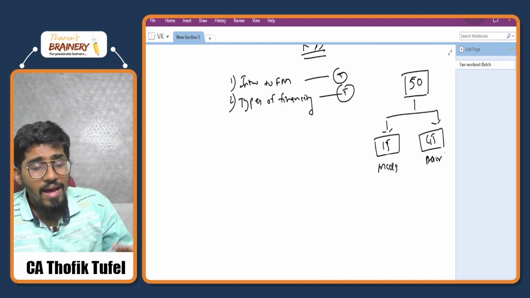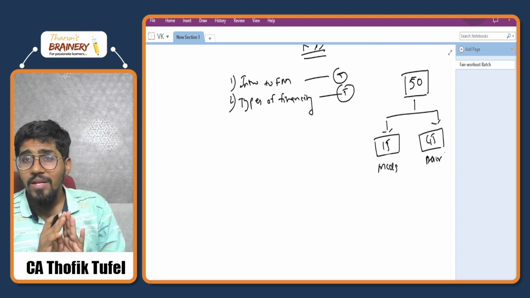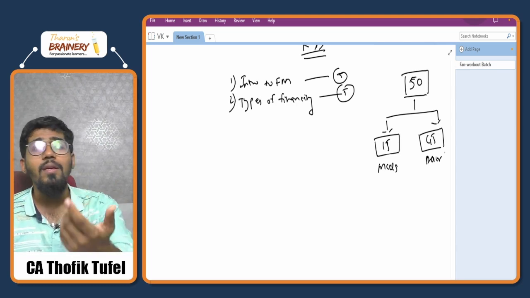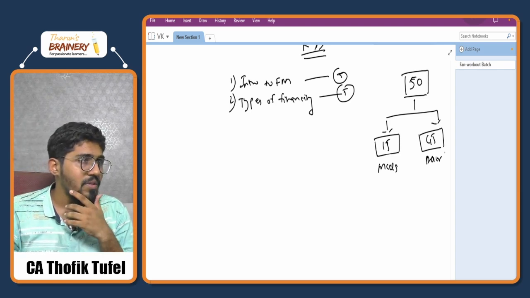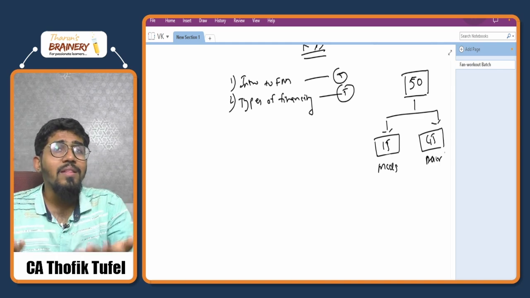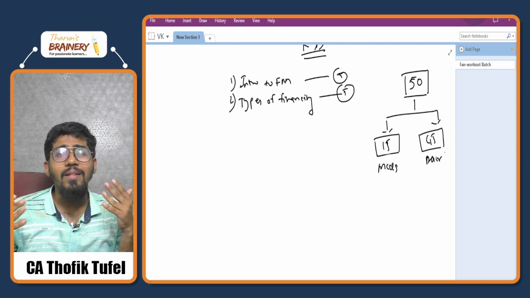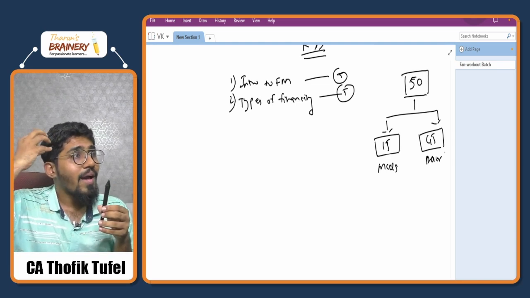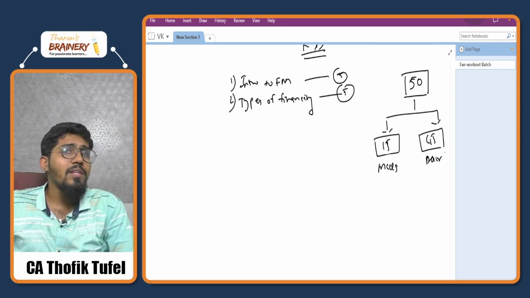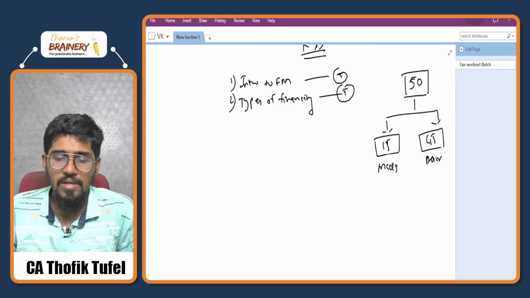Many people say we will not study theory. But this is not a good approach. Theory is very scoring if you study it tactfully. So we are going to cover the theory part too, but I am going to cover it at the end, because when the examination is nearing, the retention power will be high if you listen to the theory part then. So I will shift the theory to the last, and in the beginning I am going to cover all the practical parts. So these are the first 2 chapters.